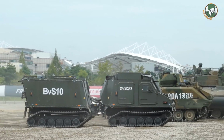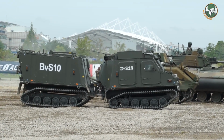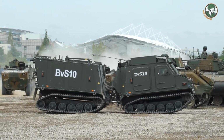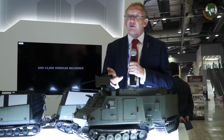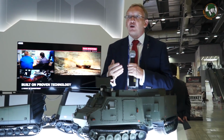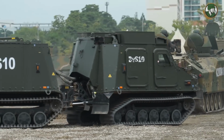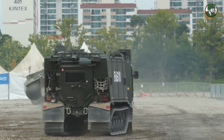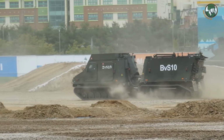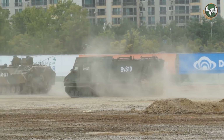When we speak about terrain, we think about going on land across country, and we mustn't forget that this vehicle is amphibious as well. We can deep water launch it from landing craft or ship. We can undersling it from helicopters, either in a complete configuration or in two halves. So we have extended capability in terms of delivering the platform on the ground. In terms of its terrain, it is vast. We can do everything from marsh to sand to snow and mountainous terrain. And we only have to look at where it's been in operations over the years to see how robust